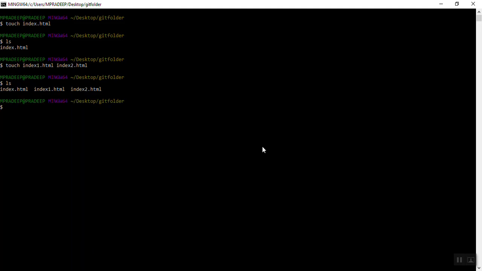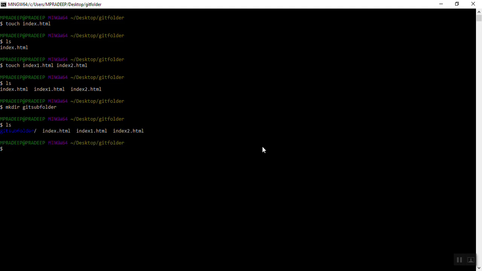If you want to create a folder inside the git folder, say make directory, mkdir git subfolder, and say ls. You see the git subfolder and the files that have been created.